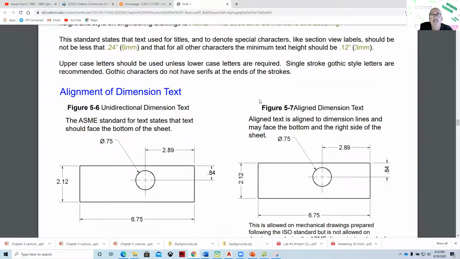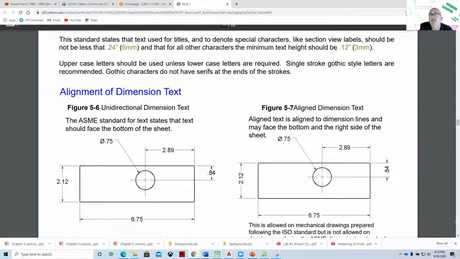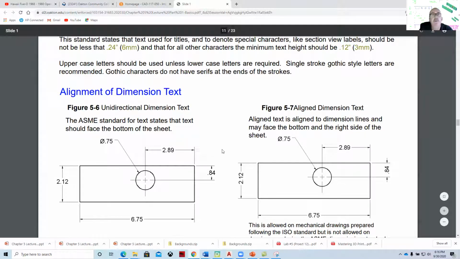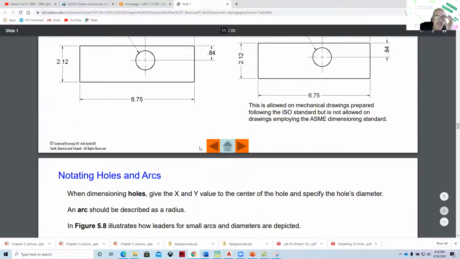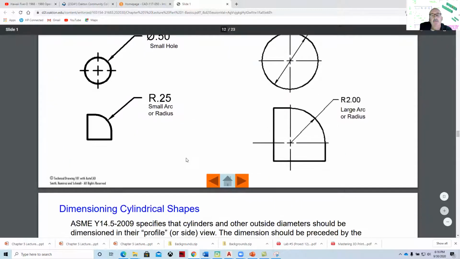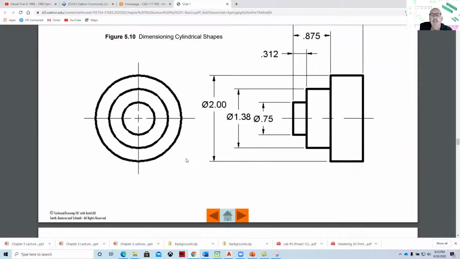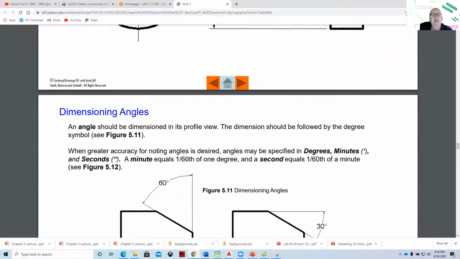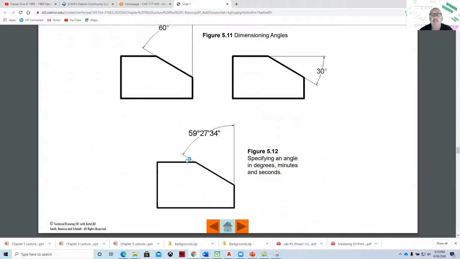So more standards: text height is about an eighth, 0.12. We typically set those up at 0.125. And then there are different ways of dimensioning different features, and that's what this exercise goes through and shows you how to do as we start to look at